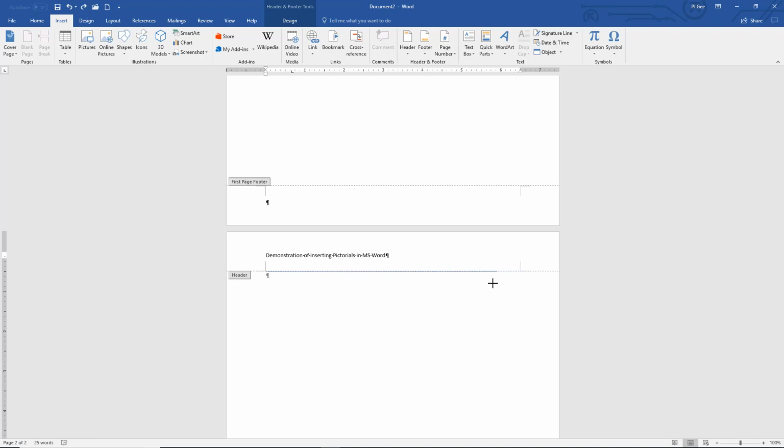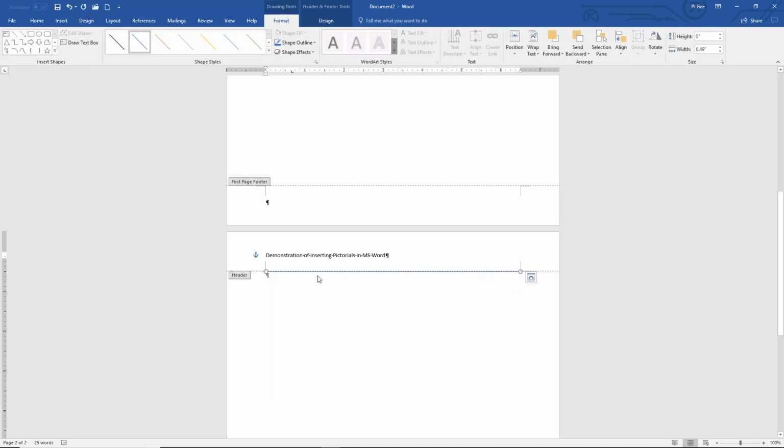Now, if you hold down the Shift key, it snaps to 45-degree angles. So if I hold down the Shift key, it makes sure that it's very horizontal there. I just let go of my keys, and I have a very horizontal separator line for the header. And while it's still active, I Control C, Control V,